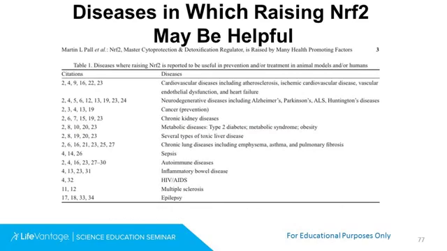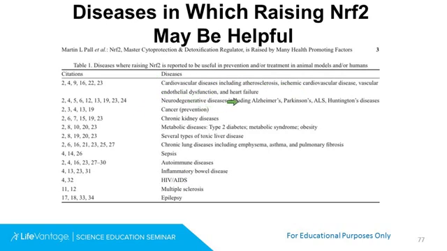Now, this is from that first article that I mentioned that came out in February from Washington State. This is a table from that article looking at specific diseases where activating NRF2 has been found to be useful in prevention and/or treatment. And this is a pretty wide list of things, from cardiovascular diseases, including atherosclerosis, ischemic disease, vascular endothelial dysfunction, heart failure,